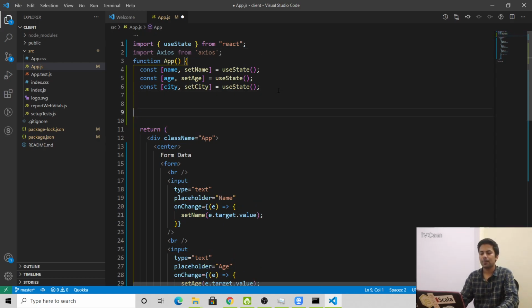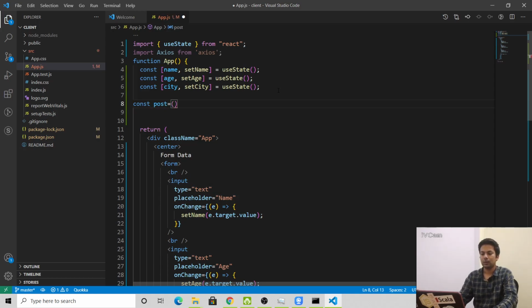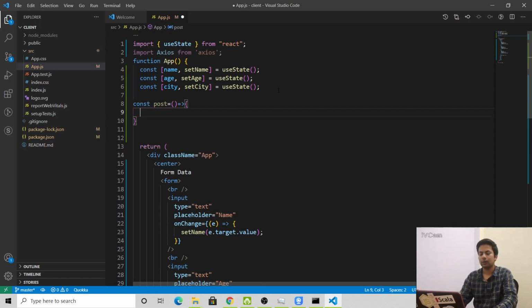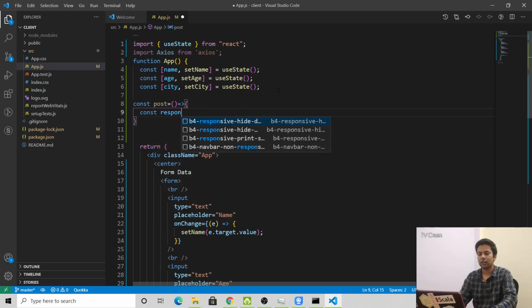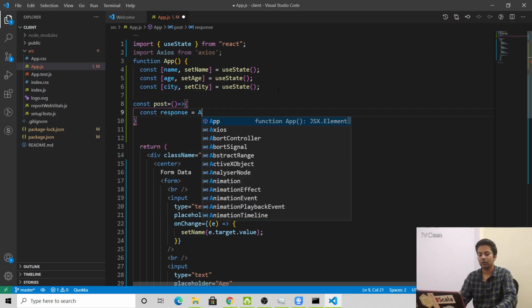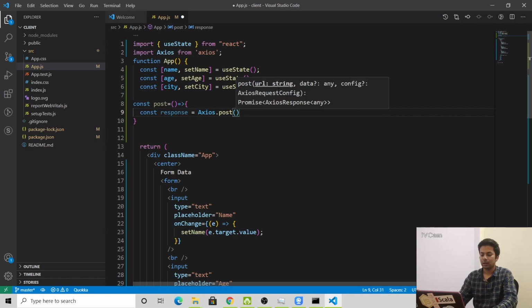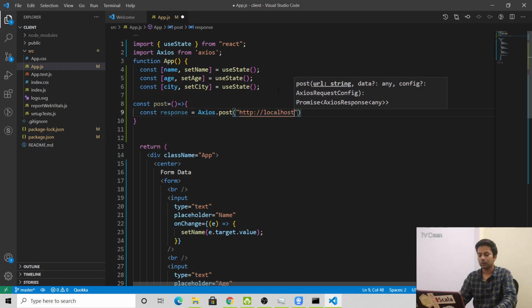Now here we'll make a function, const post. Now here we'll do const response is equal to, we'll say axios.post, and we'll write localhost 5000.